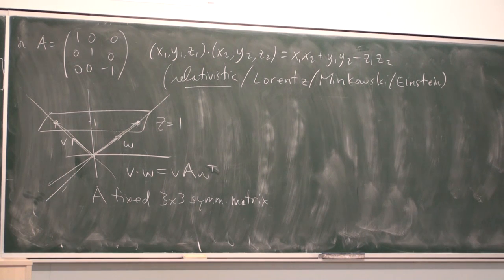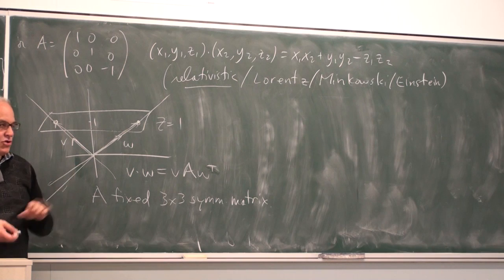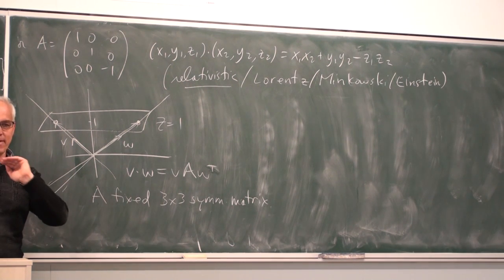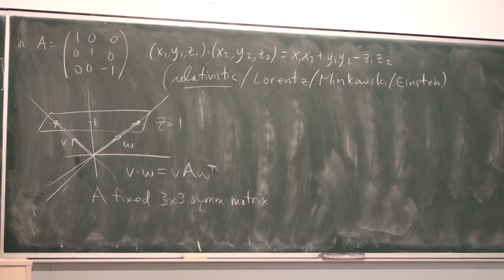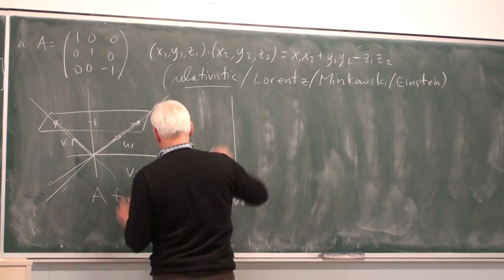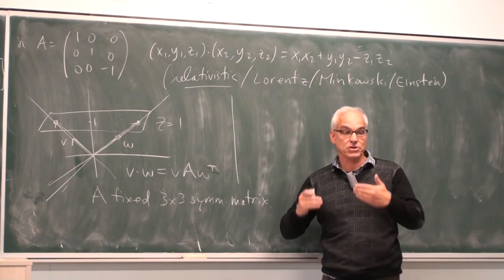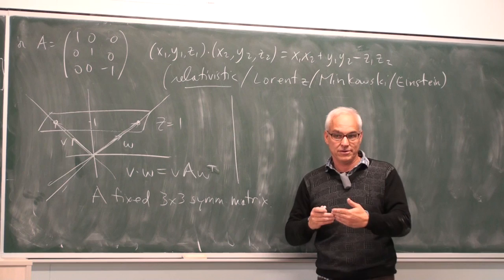So we don't get an inner product on our two-dimensional viewing plane. But we get something more fundamental and basic. The thing that's projectively invariant here is perpendicularity. So I remind you that when we have an inner product like this, we can define perpendicularity in terms of the dot product or inner product.